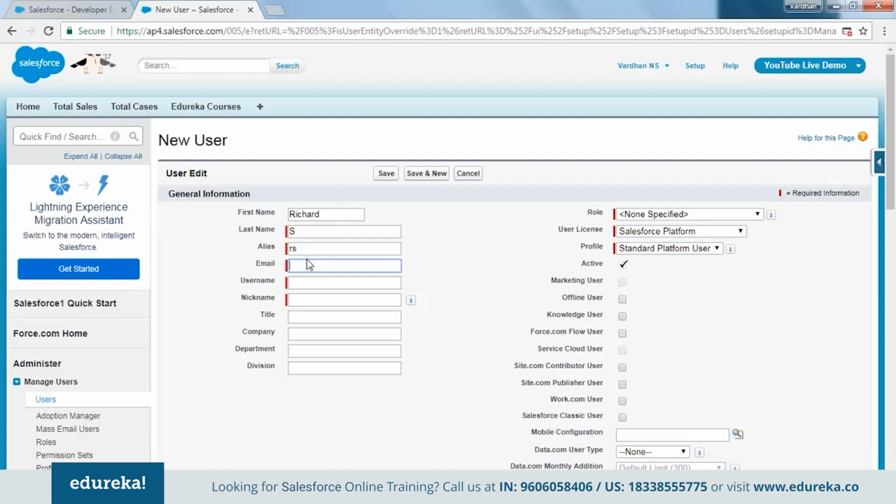So generally what we would do is we would enter the email address of the new employee or the new user that we want to onboard in our Salesforce org. But in this case, I'm going to put my own email address over here. Can anybody guess why I'm entering my own email address in this case? All right, for those of you who don't know why I'm doing that, it's because whatever